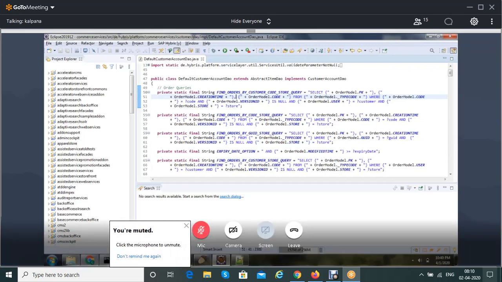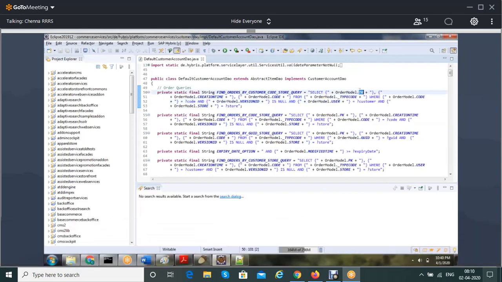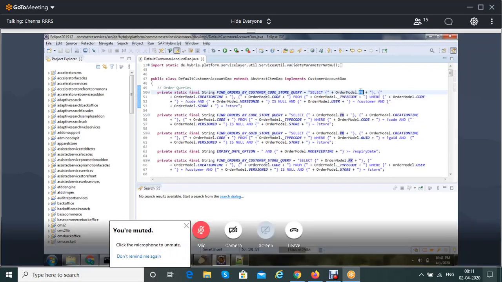Sir, even if we have the PK, we have to mention the columns if we want to use them in Java or something like that. Once you have the PK, you will be able to get all the information. You don't need to specifically get all the columns, like what you have in Oracle. See, please remember this PK is not the same as the Oracle PK. Oracle PK is different. Hybris PK is different. I clearly mentioned.